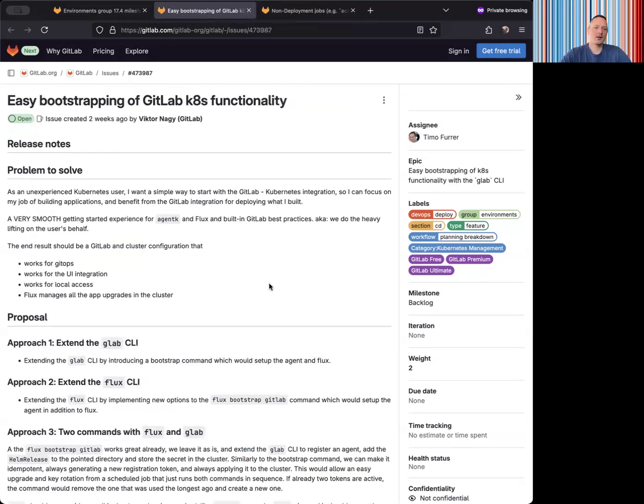Another item I want to highlight is that we try to simplify getting started with GitLab Kubernetes functionality. At this stage, we are going to focus on the deployment-oriented functionality, but as a follow-up, we might consider adding support for remote workspaces as well, and thus workflow support as well, to make it simpler to